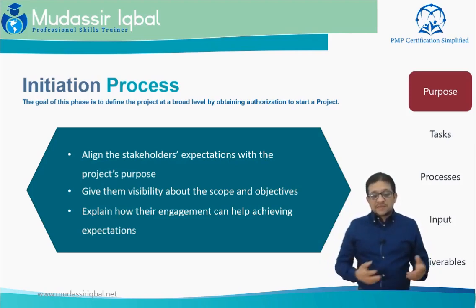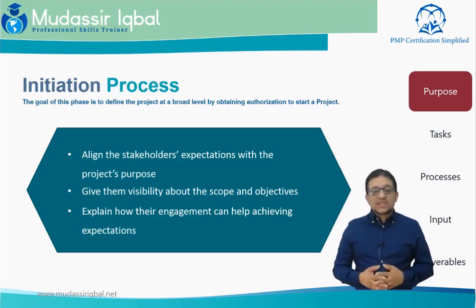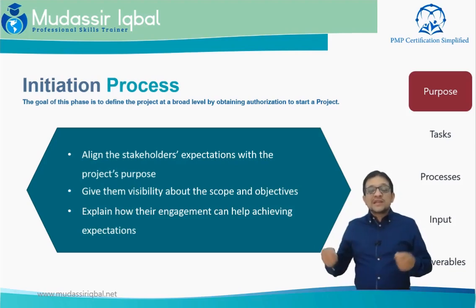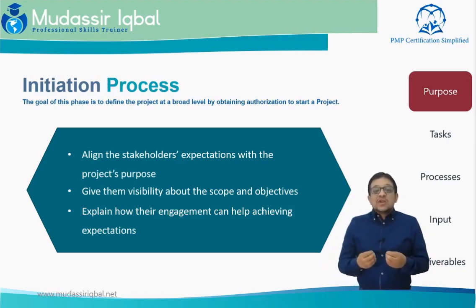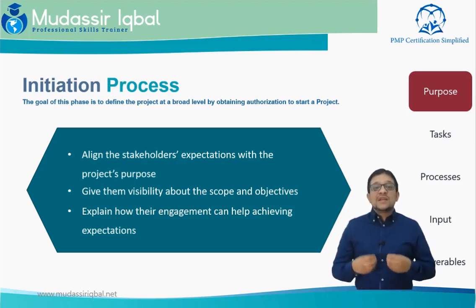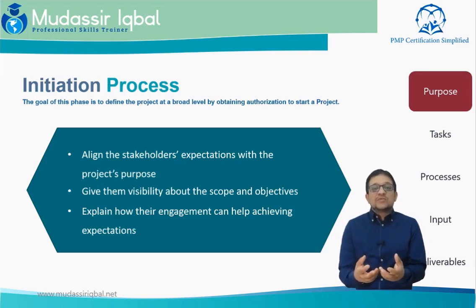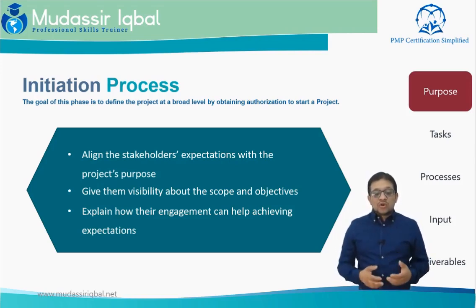The purpose, as it states, is to align the stakeholders' expectations with the project scope. Give them visibility about the scope and objectives of the project, so that they can align themselves and commit the resources. When you are in this process, you are actually committing the resources. You are not only committing the financial resources, you are asking the stakeholders to commit their energies, their time, and their personal commitment to this project. This is very important. Show how their participation in the project and its associated phases can ensure their expectations are